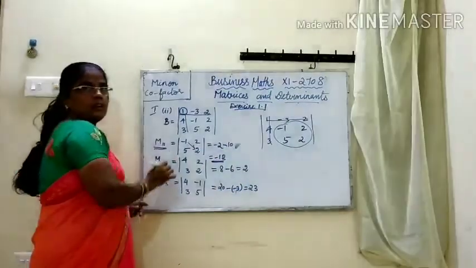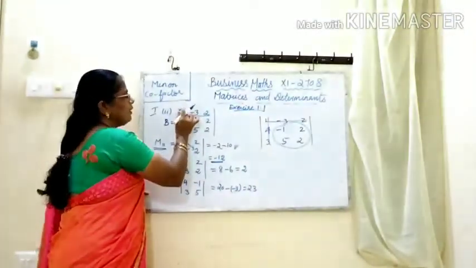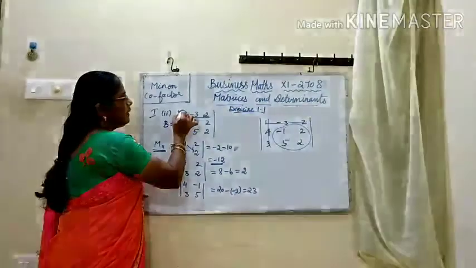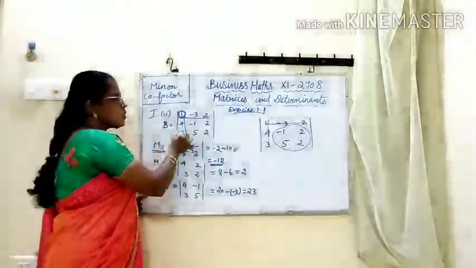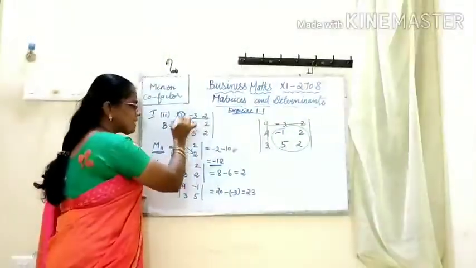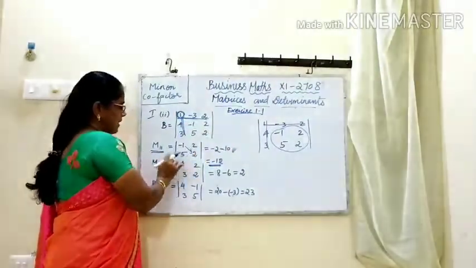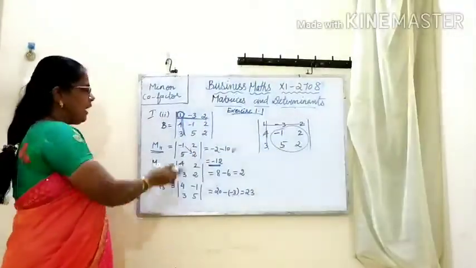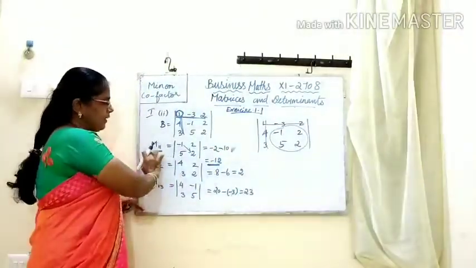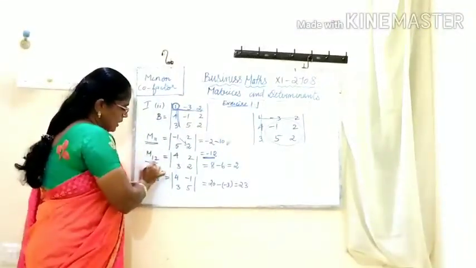I am repeating the same thing. In order to find the minor of element 1, first find in which row and column it lies. It lies in the first row, first column. So eliminate the first row as well as the first column. You get an answer, that is the minor for M11. After that you cross multiply it, and you get the answer for the minor M11, which is minus 12.